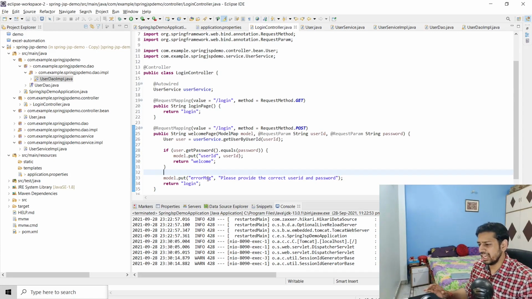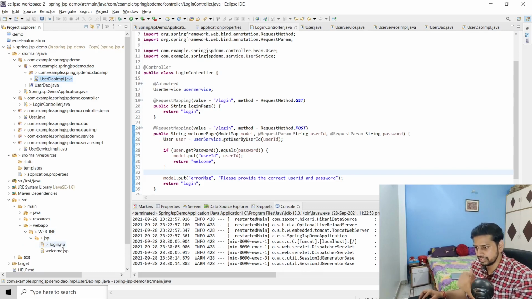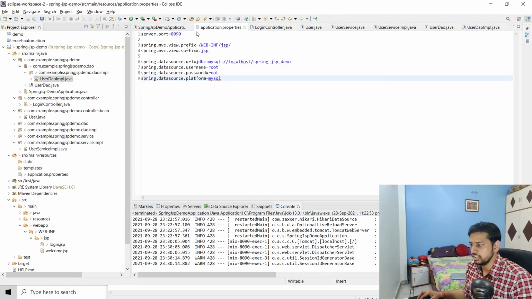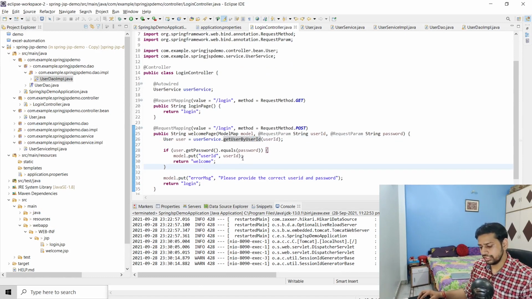I have seen some comments on my previous videos saying that whenever they try to hit the login page, they see an error saying login.jsp not found. If that's the case for you, you might have done something wrong with the src main webapp folder. The project structure looks like this, and if it is not looking like this, you have to make changes here. If you are using the same thing which I am, then make your project structure look like this, otherwise it is going to create an exception.